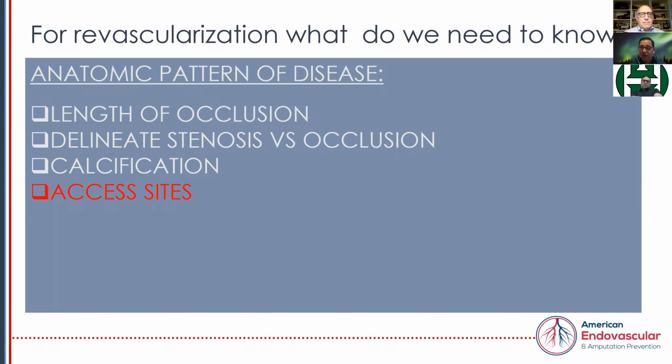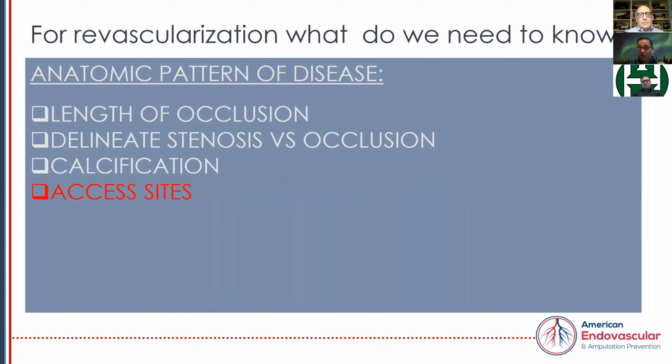It used to be, in the old days, there was a single access site. Everybody stood on the right side and would enter the right femoral artery. But as we become more sophisticated, we increasingly do these procedures with antegrade access, so we have better control of our tools. That means we need to know what the ipsilateral common femoral artery and proximal portion